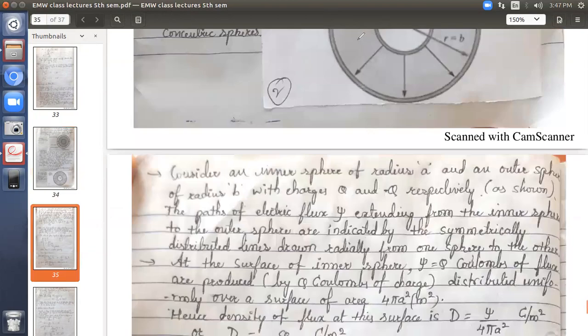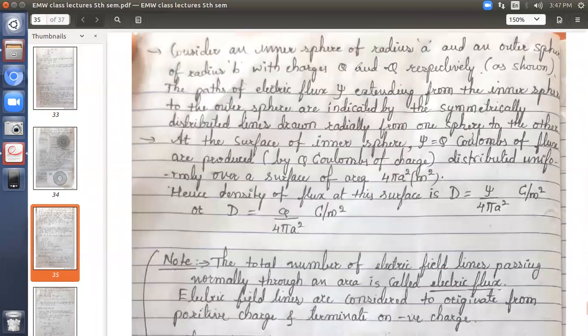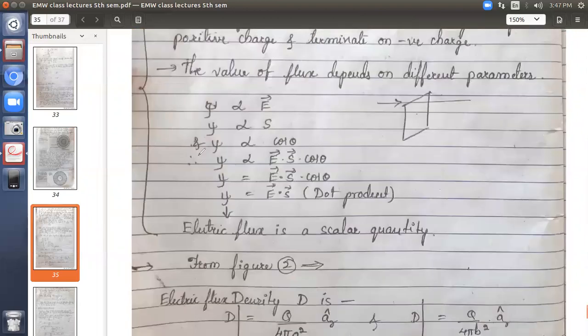And then we saw what electric flux density is. We define electric flux density as the number of field lines, or the flux, passing through a surface area, where the area is kept perpendicular to the flow of the lines. So both are perpendicular to each other. This is about electric flux density. As a note, we have seen psi is equal to E dot S. Important value, which may be useful in our next concept, the second module.